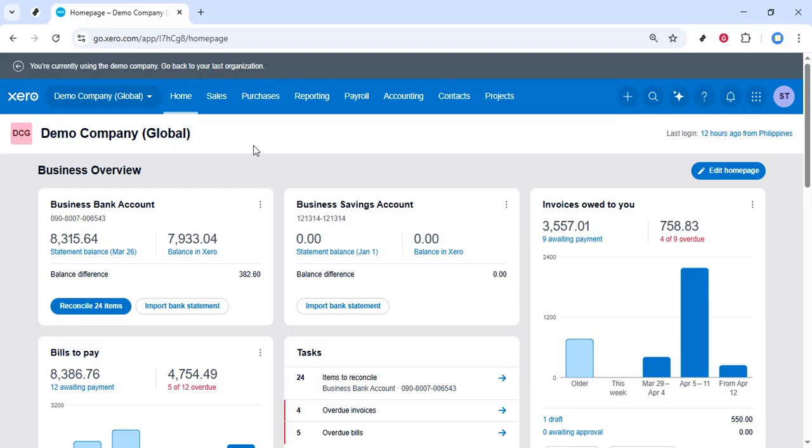Start by opening your web browser and going to the Xero website. Sign into your Xero account as you normally would. Once you're logged in and you're on the main dashboard, you're ready to move into the sales area where all